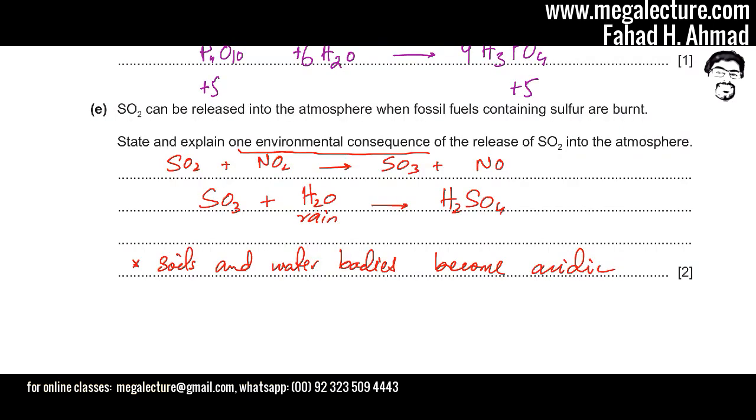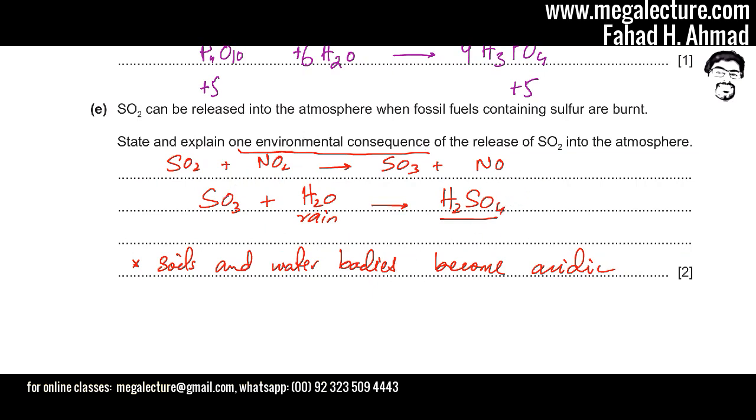So the first thing is I've written down equations for the formation of acid rain. What happens is sulfur dioxide gets oxidized in the atmosphere into SO3. Usually it's NO2 that oxidizes it, and ends up forming NO. So SO3 then reacts with water in the rain and ends up forming sulfuric acid. So this is what you call acid rain. So a few molecules of rain are going to react with SO3 in the atmosphere to form a few molecules